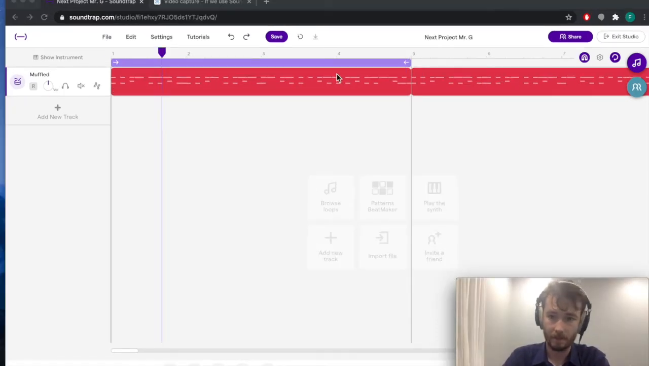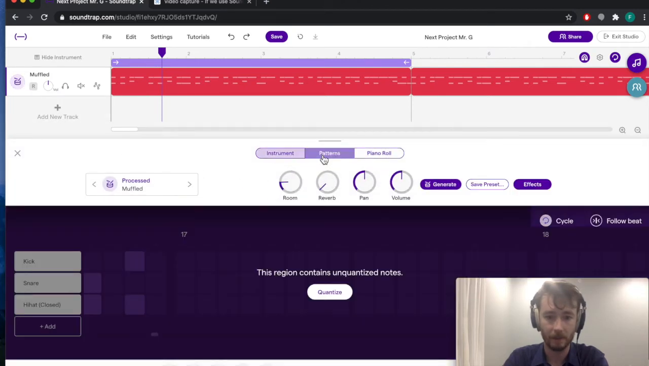Okay, so one of the things about quantizing into swinging or to triplets is if you go back to the patterns beat maker, it gives you this error message: region contains unquantized notes. Now if you hit quantize, it'll put it back into that straight 16th pattern. And I don't want that. I want to keep it this sort of swinging way. But